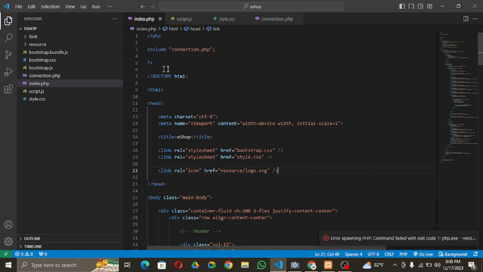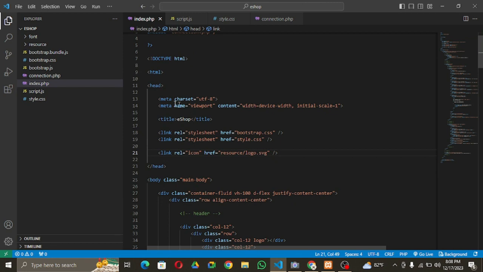Alright, so as you can see right here, we got the code. Everything's here. I got my index.php file, as you can see. And of course, we have the HTML file right here. We use HTML lots around here. And of course, in the top, as you can see, I put PHP include connection.php, which connects the PHP file, which I'll show you in a bit. Of course, first of all, I'll show you the